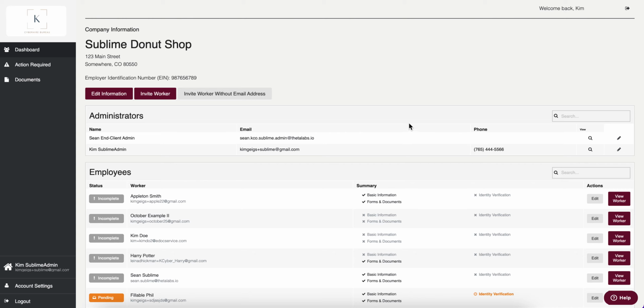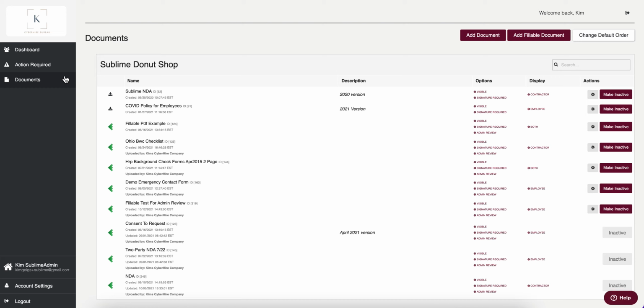I'm logged in as an employer admin, also called an end client admin in the system, and I'm the HR director for Sublime Donut Shop. I'm going to head over to my Documents tab to see the different documents that I've uploaded to the system. And now I'm going to go into the upper right hand corner where it says Change Default